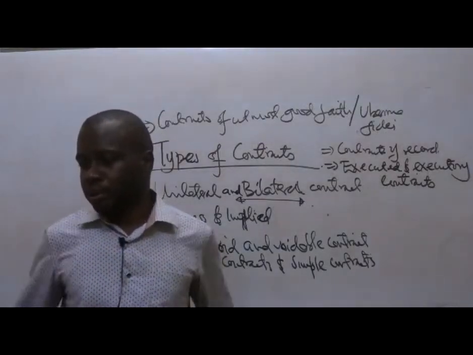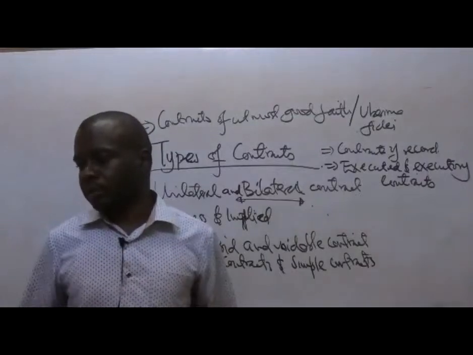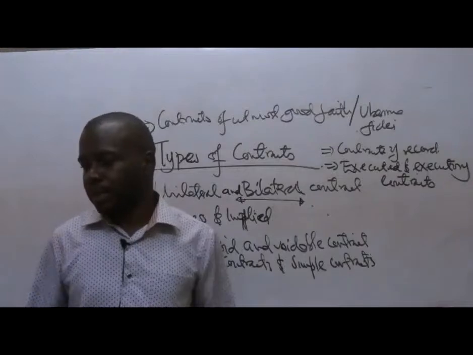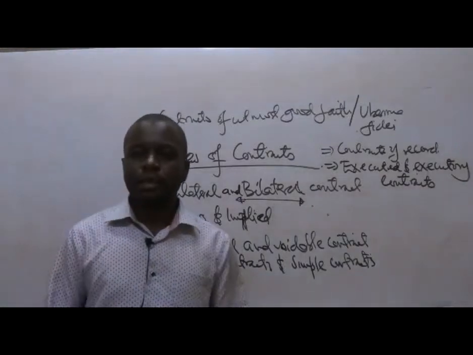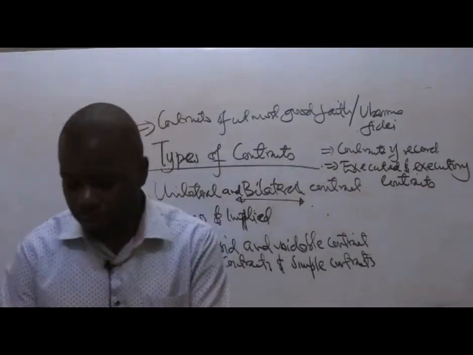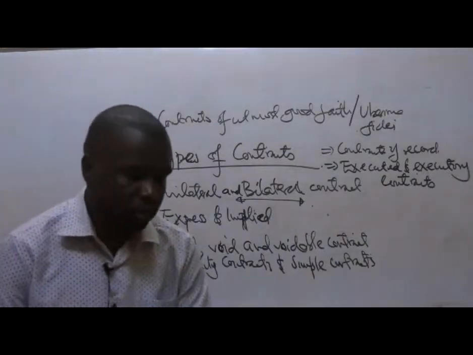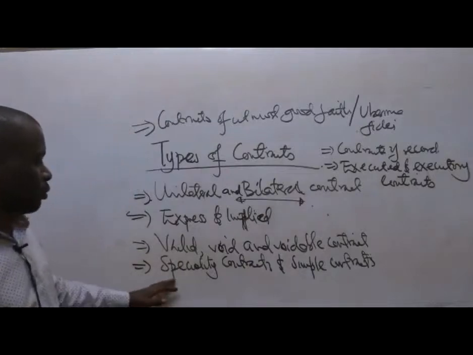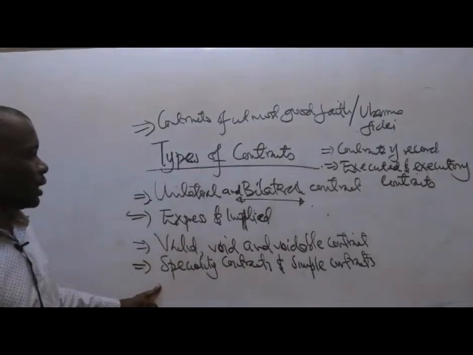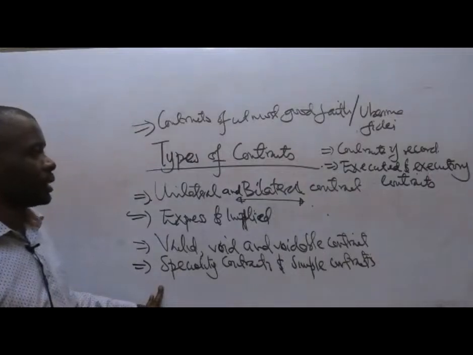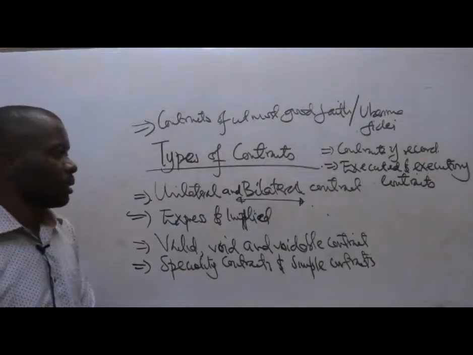Simple contracts are agreements, whether express or implied, which give rise to a legal relationship. A simple agreement may be in writing, or sometimes it can just be made orally. But most specialty contracts are usually in written form. And of course, there must be what we call a common seal. So they must be sealed or stamped.